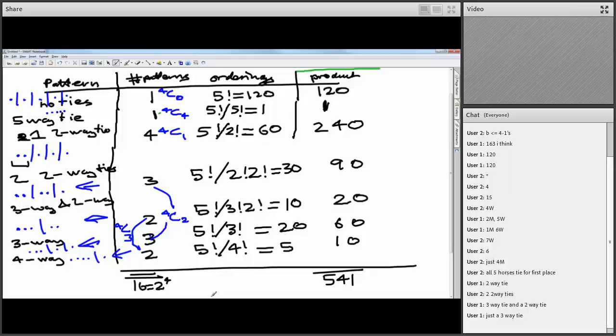The other concept that I really introduced there, which I think is important to emphasize, is this idea of overcounting and how to correct for that. So when I was trying to order this particular situation, for example, I overcounted because there's three that really are effectively the same. And so dividing by the number of ways of ordering that particular group is a way of correcting that. And that concept is used in the formula for doing combinations, for that matter. But it's useful in other situations too. So that's the extra thing I did in that last example.